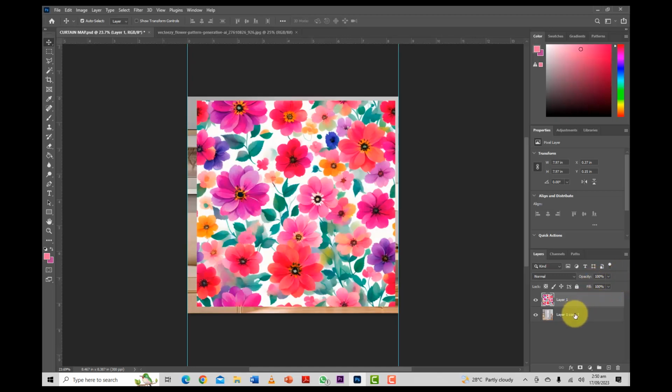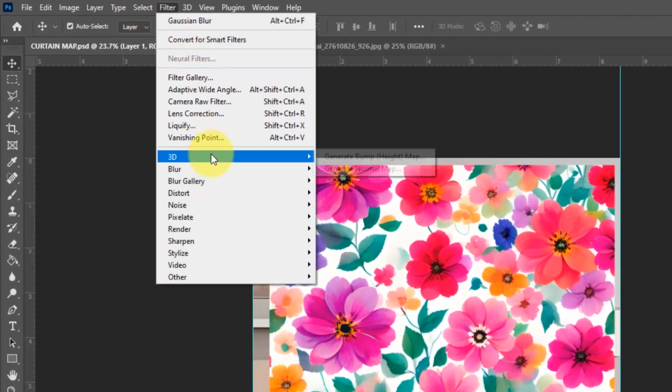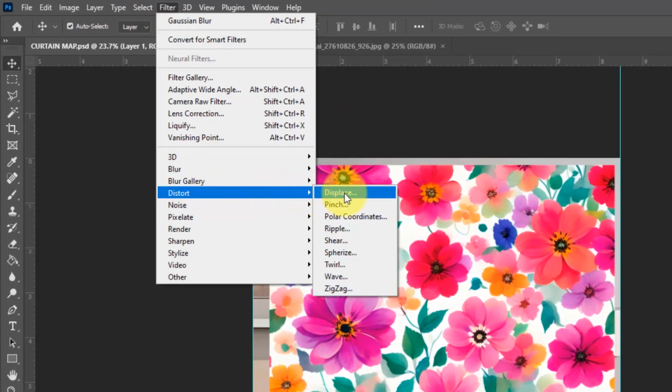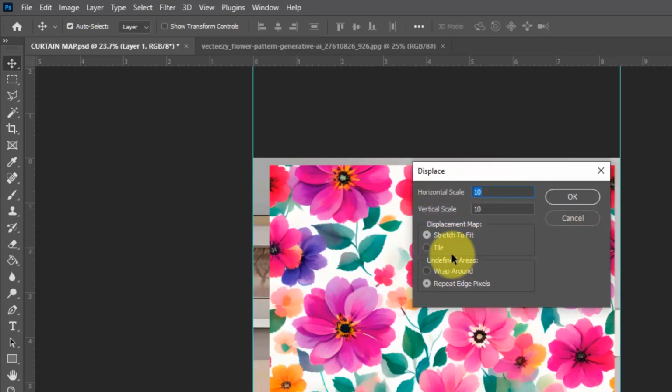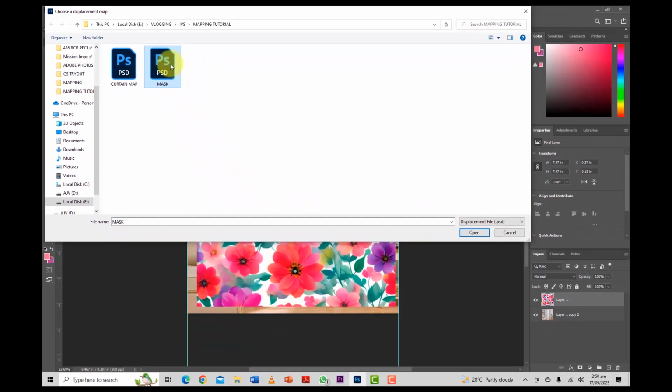Now, this is the time to apply the displacement mask, okay? For that, what you need to do is go to filter, distort, displace. Now keep these same settings, horizontal scale 10, vertical scale 10, and stretch to fit, and repeat edge pixels, and then press OK. It will ask you for the mask file. So now select this mask file which we made earlier, press open,